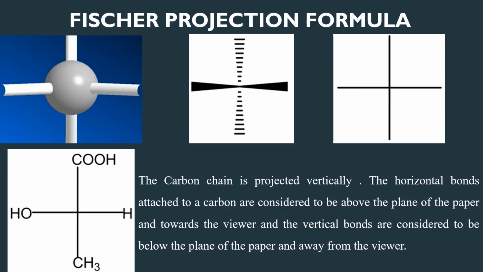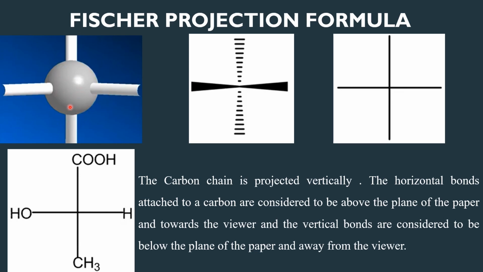Here is the three-dimensional structure of a chiral carbon. There are four bonds in the chiral carbon. Two of them are coming towards the viewer and two are going away from the viewer. So always while we are looking at the chiral carbon, we should see to it that we are keeping the carbon chain going away in this direction. These two bonds should be of the carbon chain and these two are the other groups.